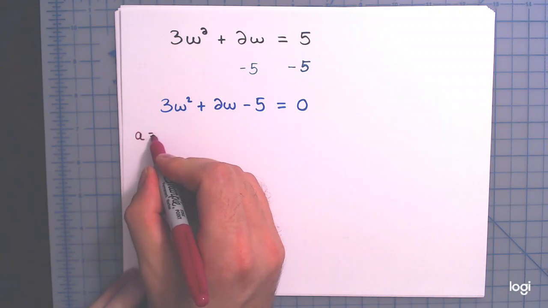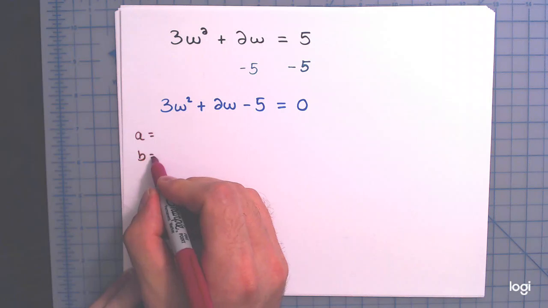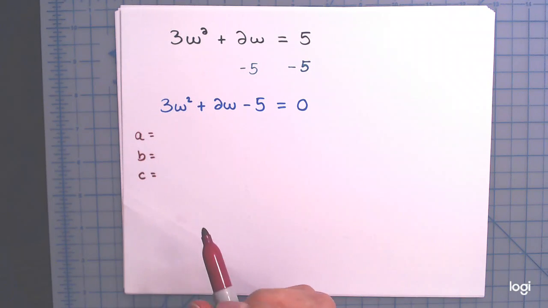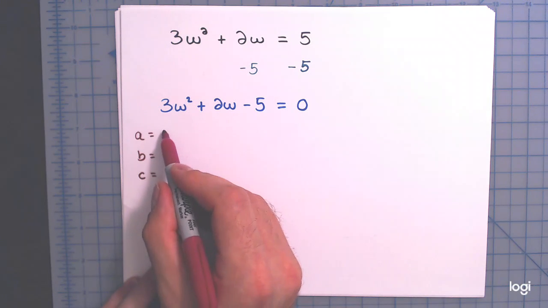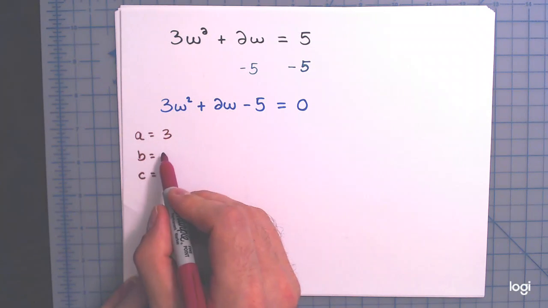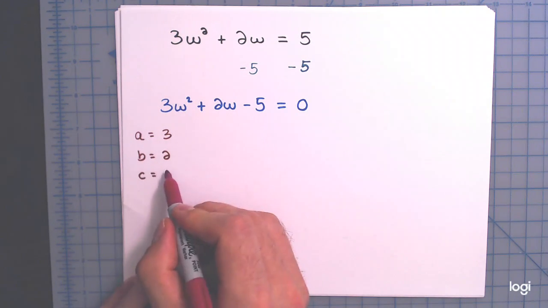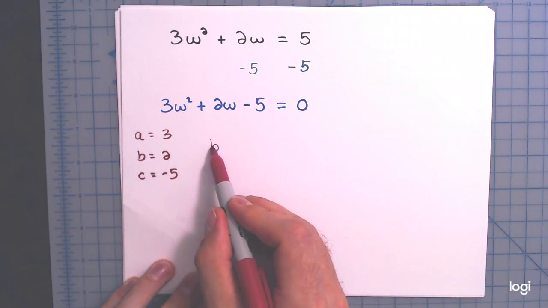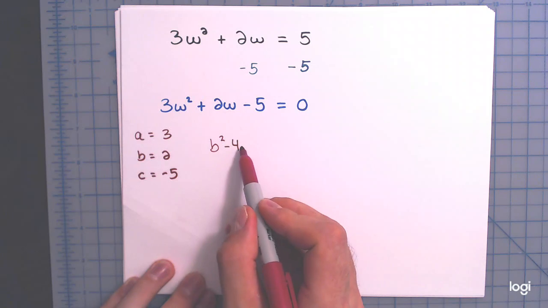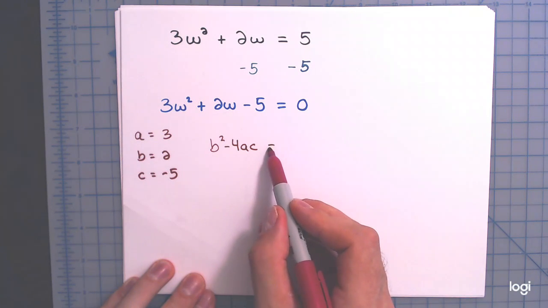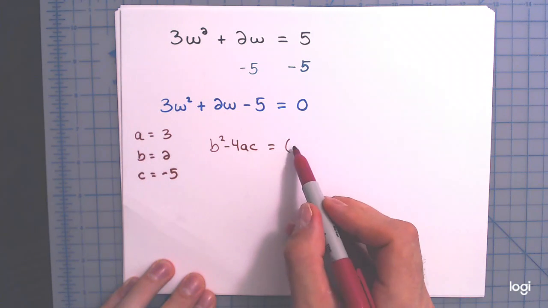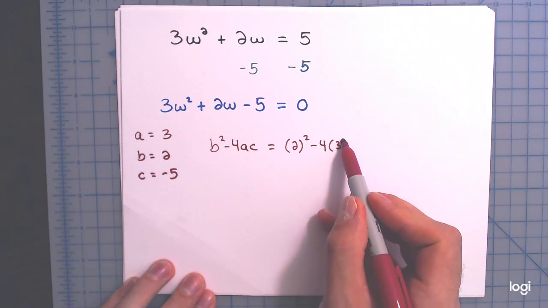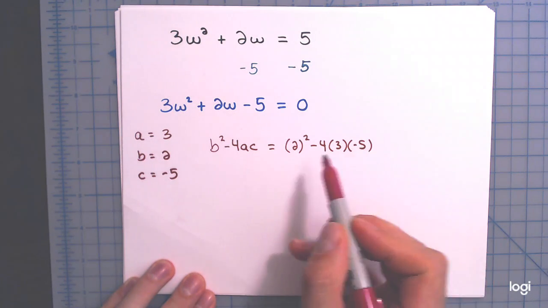Now that it's in standard form, let me identify the coefficients, the a, the b, and the c. A is positive 3, b is positive 2, and c is negative 5. All right, and then the discriminant, b squared minus 4ac,